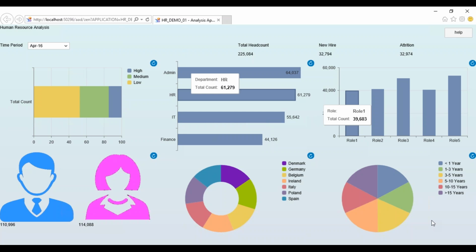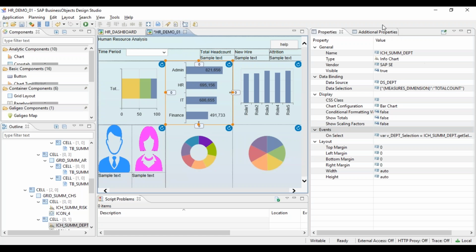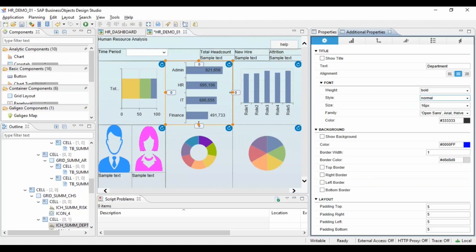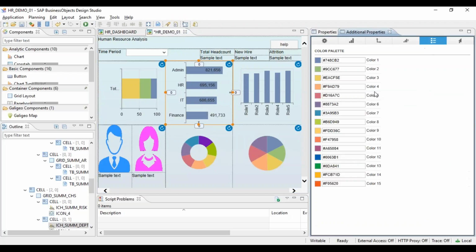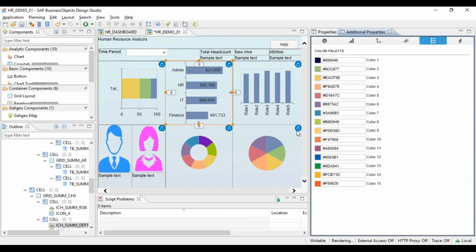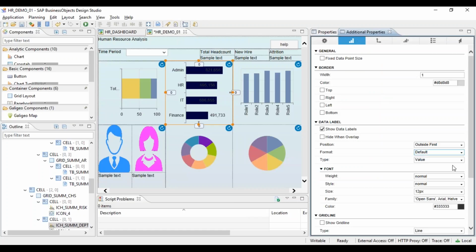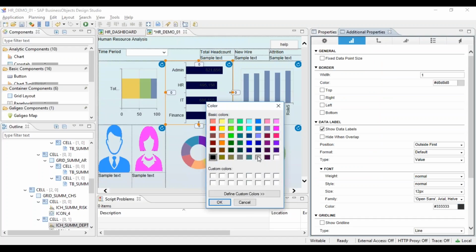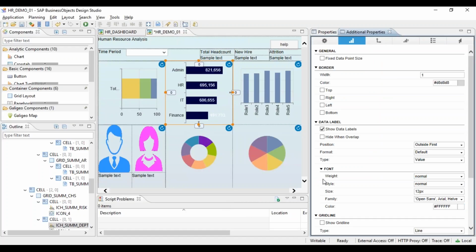So now there is no error. If you want to change the color, then you can select the colors from here. And now the data labels are not visible, so you can go back, data labels, change its color so that it is visible, and always say inside so that everything is visible now.